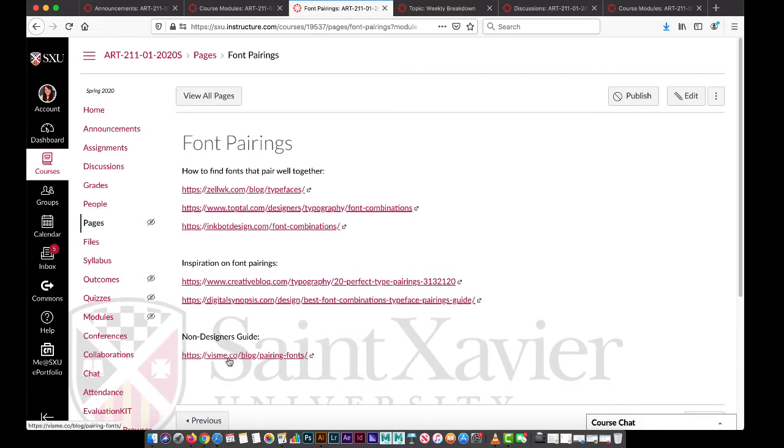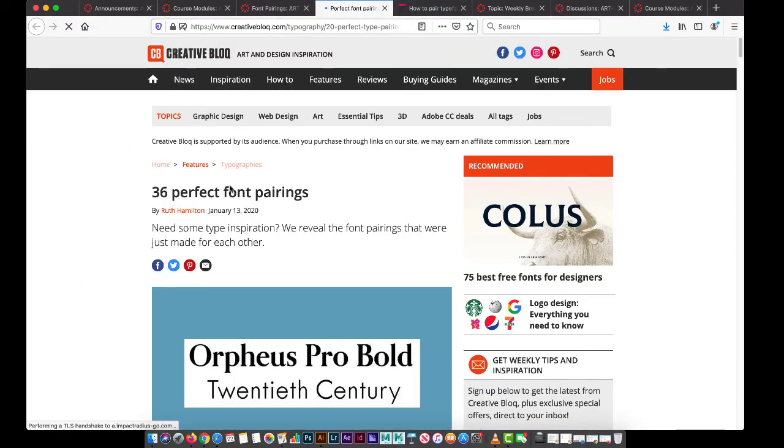A lot of times as designers, we know a lot principle-wise and all of that. But sometimes I like to look at things in a non-designer type way. Like, why would an average person think that two things go together well? Or, if you don't know anything about balance or spacing, why do you think things work a certain way? So, for instance, let's look at just these top two. You can go through all of them.